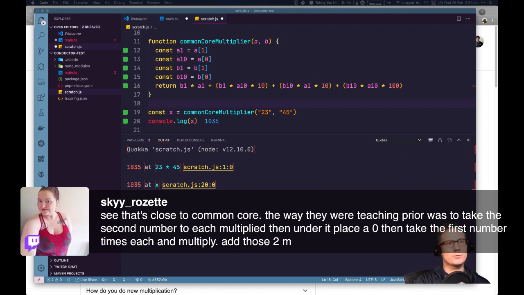The way they were teaching prior was to take the second number to each multiply, then under it place a 0. You take the first number times each and multiply, add those two. Oh, I see. So you take out the powers of 10 and just use like a 0 to denote it.